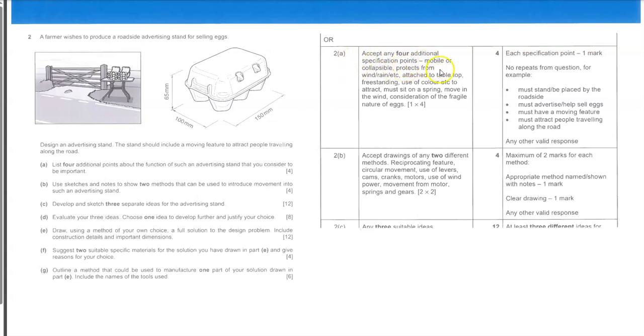Here are the answers on the side. So it's got to be mobile, collapsible, protect from the wind and rain, attached to the tabletop, freestanding, use of colour, etc. Must sit on a spring, move in the wind, and consider the fragile nature of the eggs. Yep, that's good. Use sketches and notes to show 2 methods used to introduce movement into such an advertising stand,